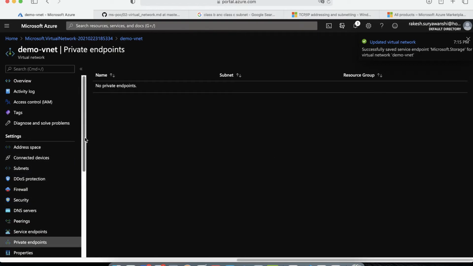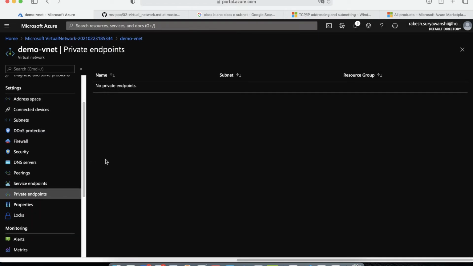Now one more latest thing which is available is the private endpoint. So this is a concept, basically at the high level, it allows you to give direct connectivity from your virtual network to the services available in Azure PaaS. For example, I would like to communicate directly to the storage account. Obviously by default the storage account is hosted as a public service, and that's the reason we are calling it a PaaS service. But if I want to make that PaaS service a private service,